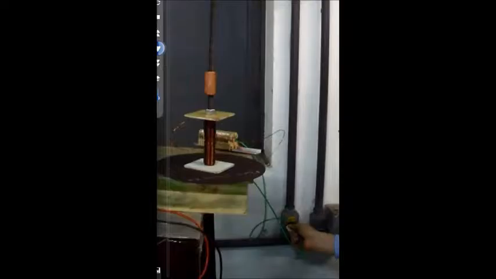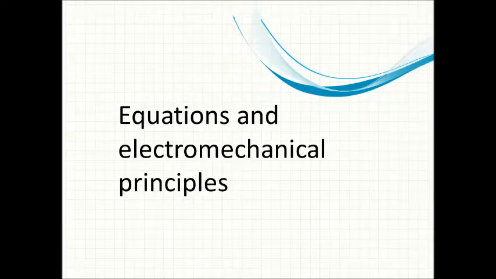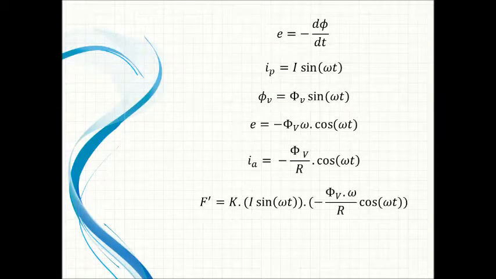The electric current generated in the ring is proportional to the induced magnetomotive force that depends on magnetic flux variation crossing the ring. The primary current can be represented per the magnitude of a current times sine omega t, and the vertical component of the magnetic flux generated is phi sub v. It's equal to the magnitude of phi sub v